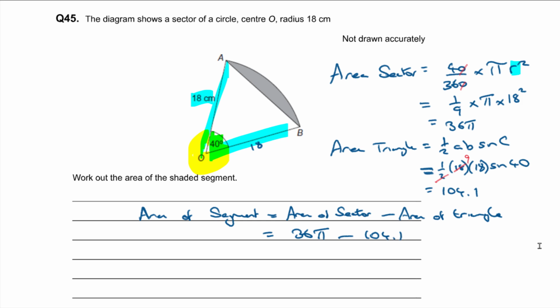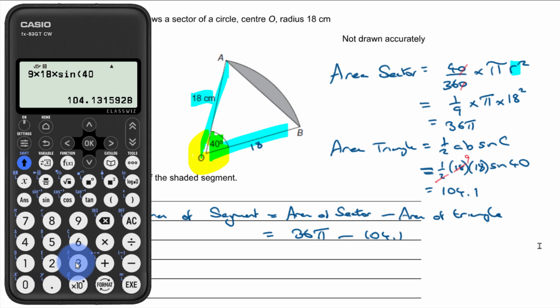Now 104.1, I've still got the exact value on my calculator, and 36 pi, because I left it in terms of pi, is also an exact value, so I'm going to get a super accurate answer, aren't I? If you round it off, you always move away from the true answer. So I'm going to do 36 pi minus answer, and that comes out to be